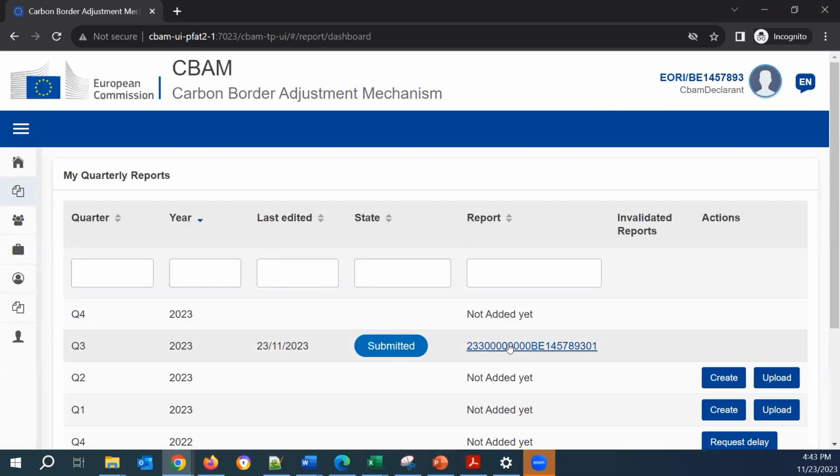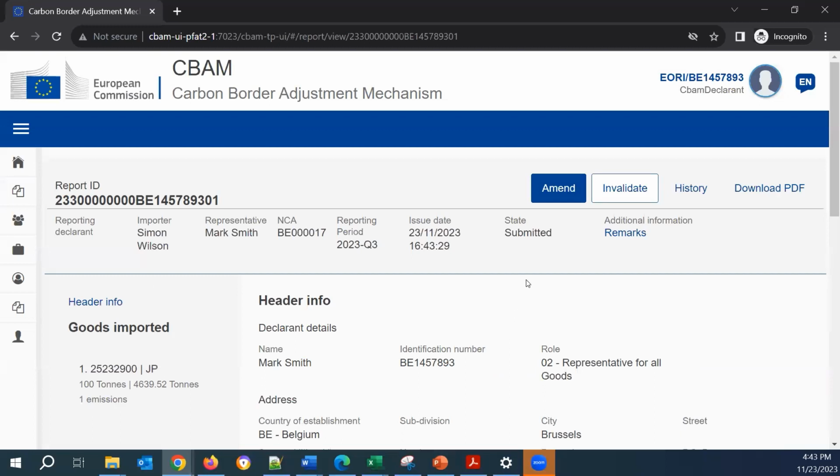Let me open the report here and make some amendments. So I will press the amend button. Here you can see that now we have the reporting period, the issue date, which is today, 16:43 Athens time.